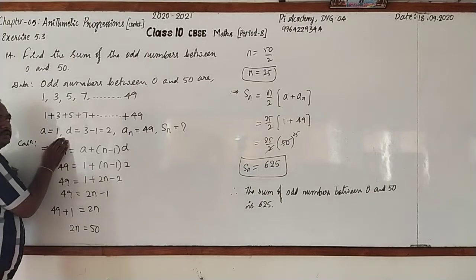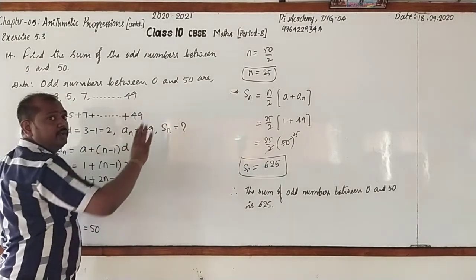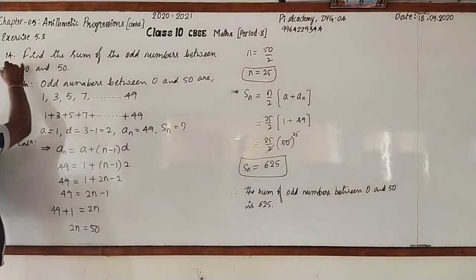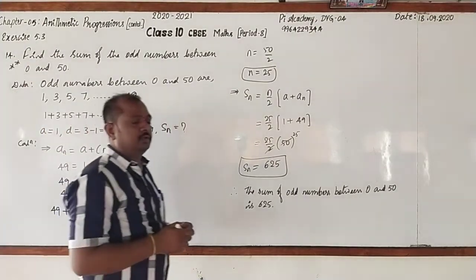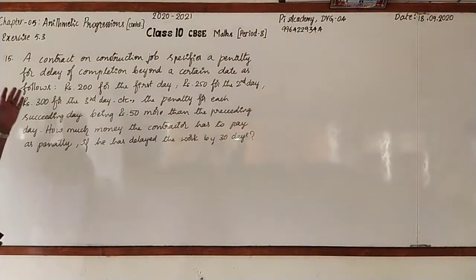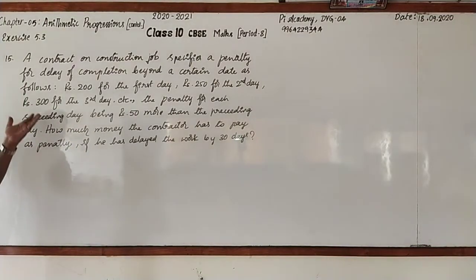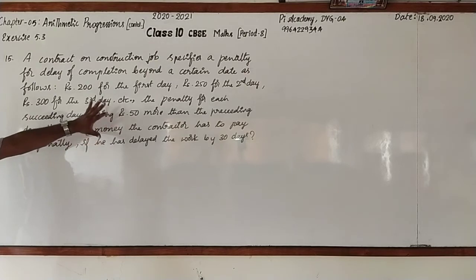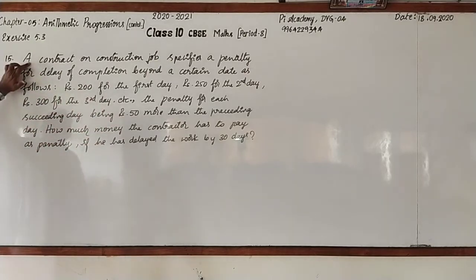One is nth term and another one is sum of n terms. So it is important one, you can put double star. Just copy this. Dear students, observe the statement. Though you may find it is a lengthy statement, it is so easy, because just by reading this you can come to know. It has been given like this.